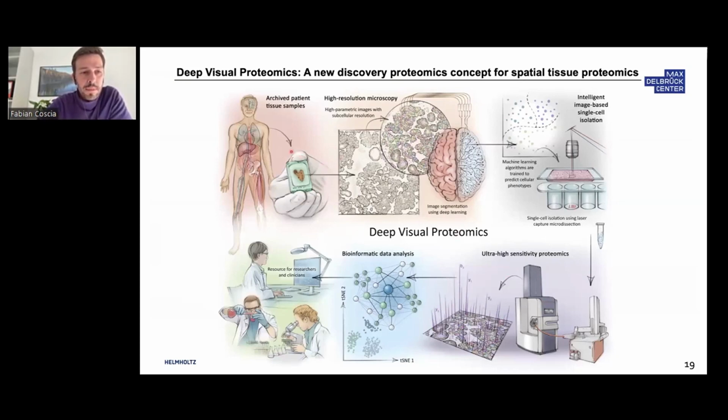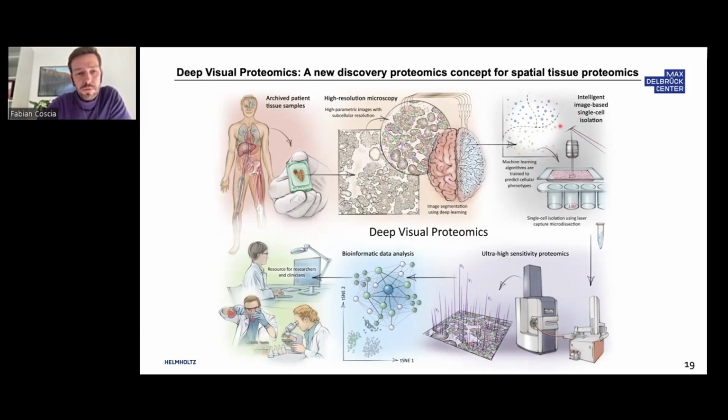So the idea is you start with a sample of interest. This is typically a formalin-fixed, paraffin-embedded tissue block from a patient sample, where we section the tissue. We slice it and then transfer it onto a slide for microscopy, where we can then apply either immunohistochemistry (IHC) staining or immunofluorescence staining, in order to, first of all, identify all the cells of the tissue. Deep learning-based algorithms are then applied to segment the individual cells,